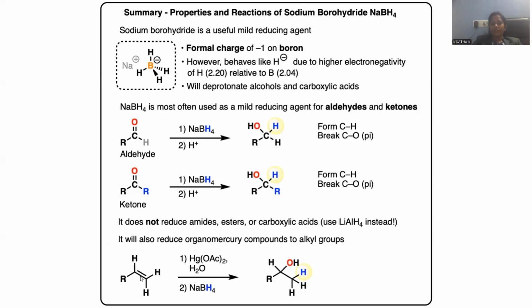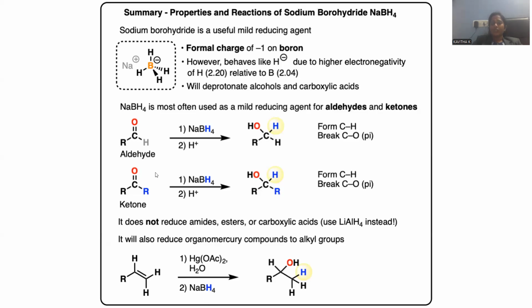In order to achieve this alkene to alcohol conversion, a series of reagents is to be applied upon this double bond. Whenever the double bond is treated with mercury acetate, Hg(OAc) taken twice, it is called mercury acetate. Mercury acetate is to be taken in aqueous conditions, with water as the reaction medium. Whenever mercury acetate is added, it is able to form a bridged compound over there. Later on, sodium borohydride is able to reduce that compound, and finally there is a formation of alcohol. This is the kind of extension of its applicability.